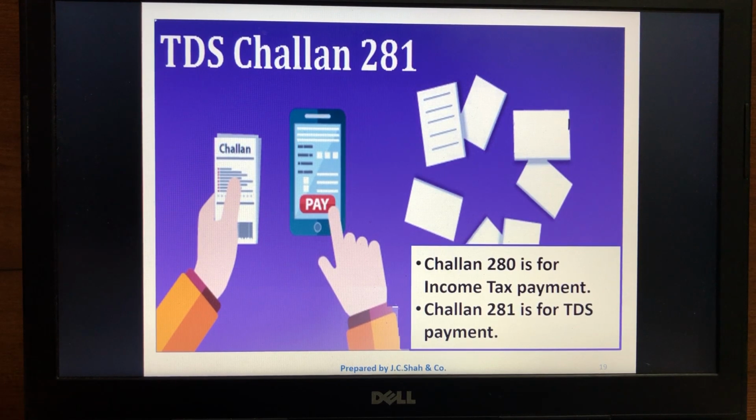As we have seen, the process to pay the TDS challan online is very simple. It would take hardly 7 to 8 minutes to pay the challan through online mode rather than going to the bank and paying.